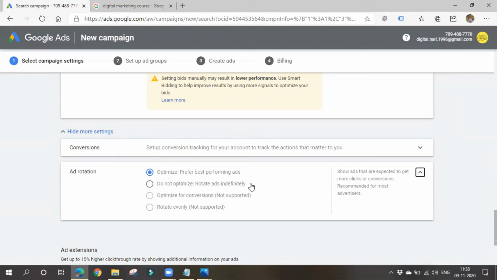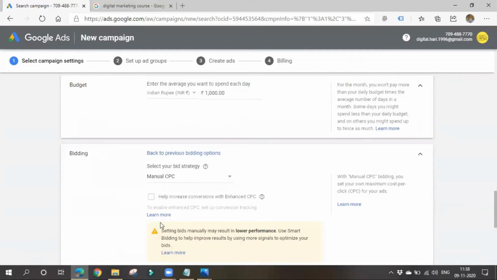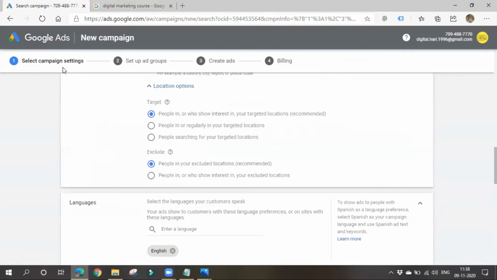Okay, it will be showing ads in a random way, right? So rather than going for this, I'll choose the best performing ad only, because I want more clicks, I want to generate more business, so why should I take a risk? Okay, so I'll choose the best performing ad only. These things you cannot choose, I'll speak about them later. These are about extensions. That's okay, that's about campaign level settings.